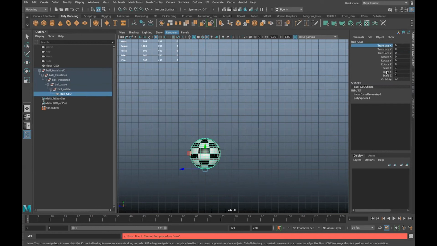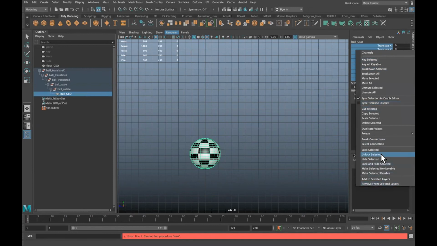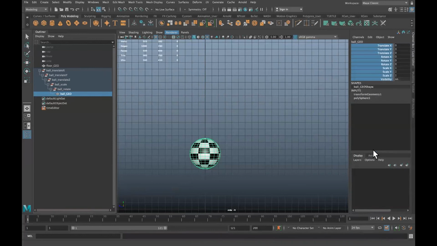We can select any of these properties, and I'm going to select the top one, hold Shift, click down here to highlight all of these. And if we right click, we have a bunch of options, but what we want to do is lock selected. You can also unlock them if you need to. But I'm going to go lock selected. And what that means is it's going to put this little bluish gray light next to it. And remember, a keyframe is bright red, a tweening is pink, and now this blue tone means that property is